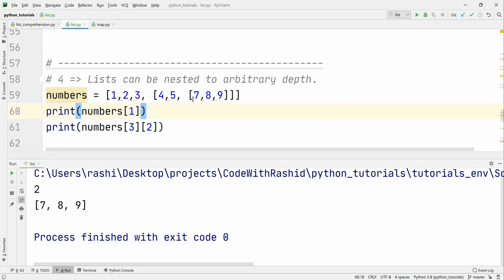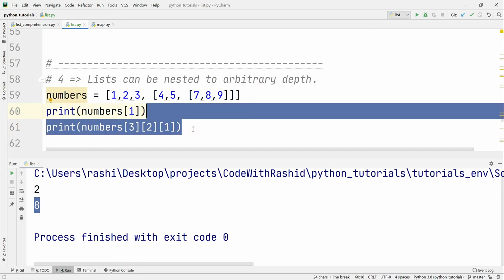For that purpose, we will see the index of 8 in this list. That is on index 1. So we will say index 1. And now it has printed the value of 8. So it's clear that this can be nested to arbitrary depth. We can have any number of depth in the list. It's up to us.